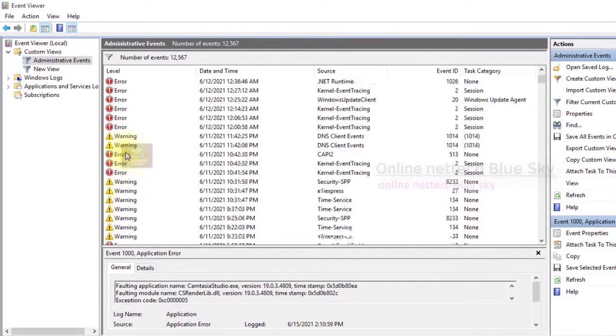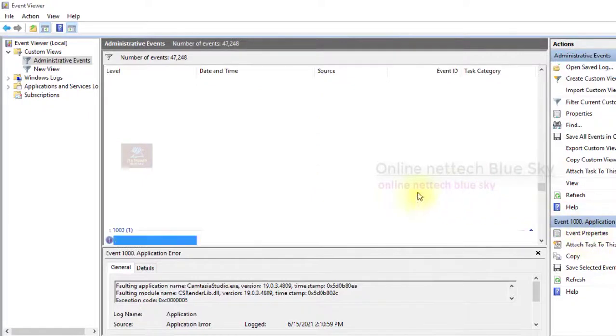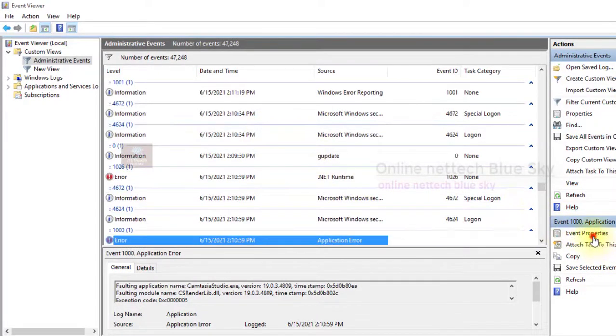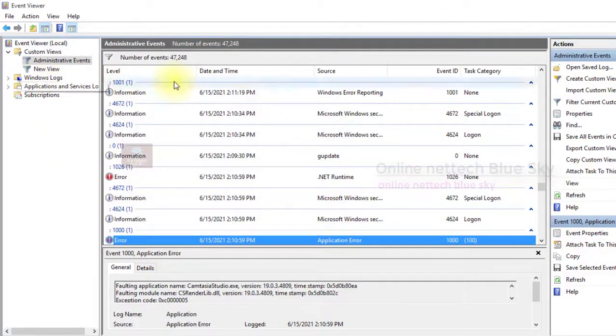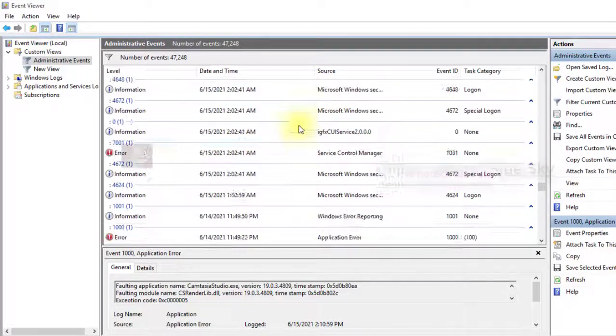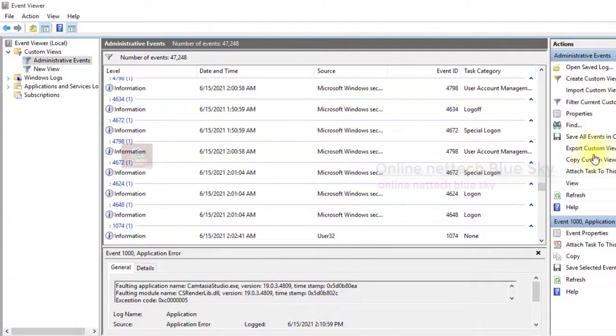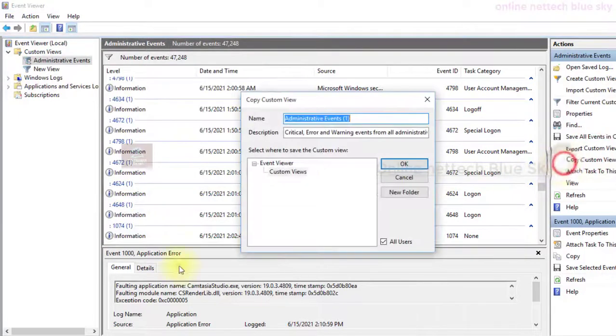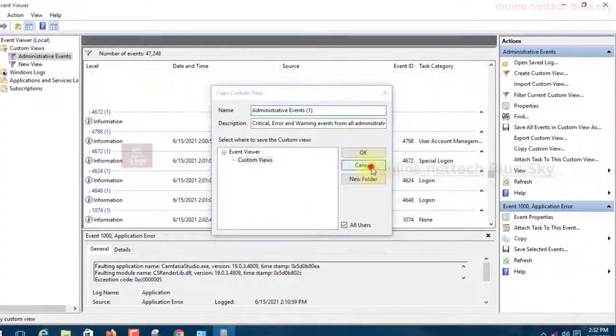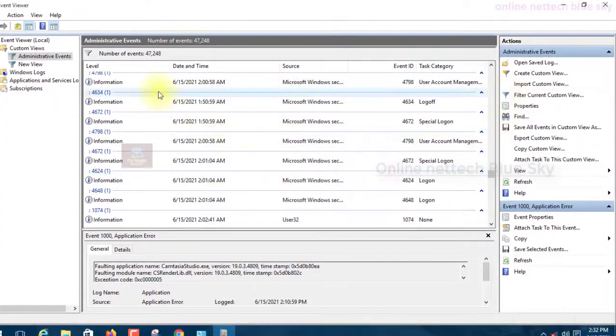Okay, and you can see event properties. So first understand event properties. What is event properties? First you can see this is a number and the filter. So first know about custom view and, you can say, a filter.